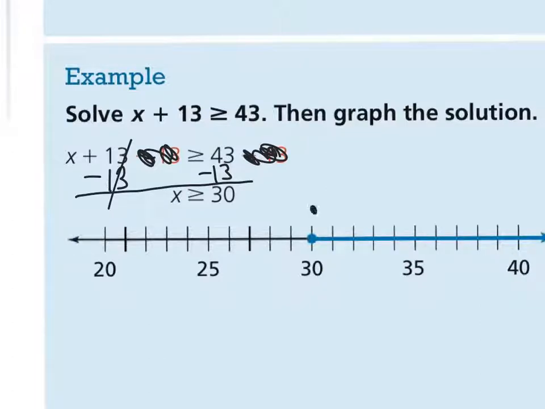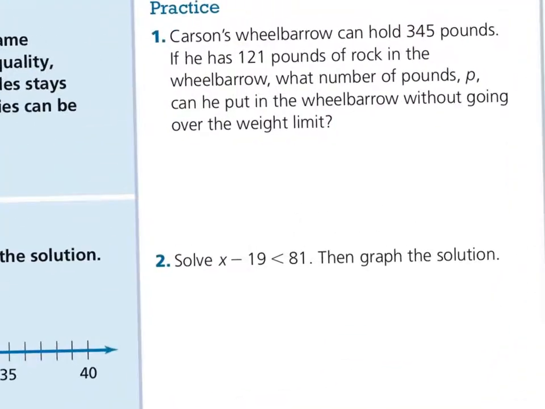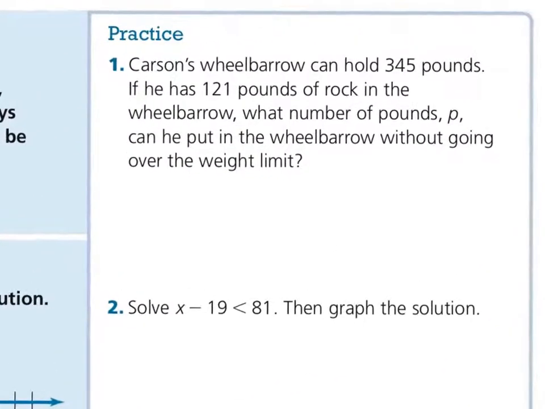Greater than or equal to would be a closed circle at 30 because it includes 30. And then points that are greater than that would go towards the right. And again, just a slight difference there of graphing above the number line instead of on it so we can see it more easily. So if you look at number 1, Carson's wheelbarrow